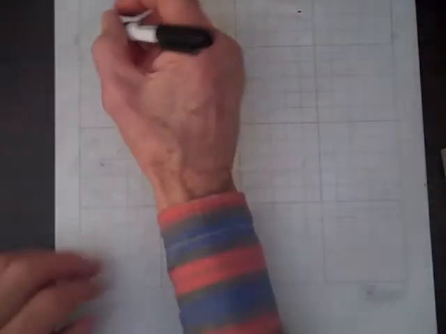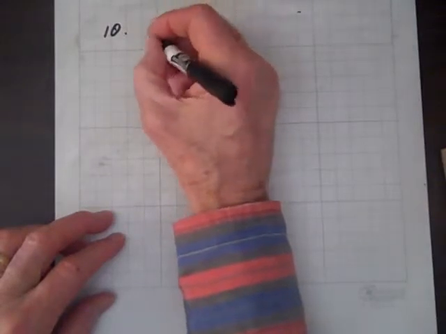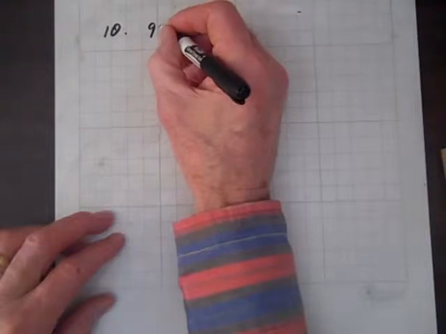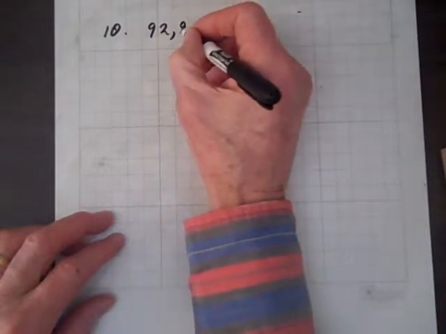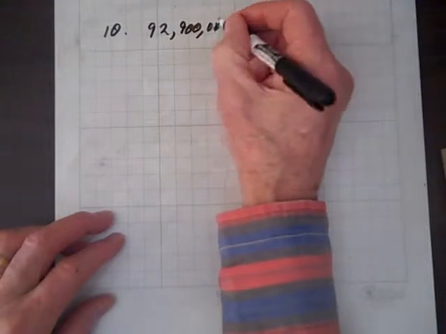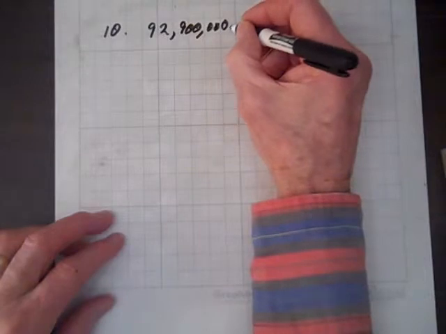How long would it take a rocket traveling at 2.9 times 10 to the 3rd miles per hour to reach the Sun? So we're doing 10, and we're talking about just simple division. So we have 92,900,000 miles